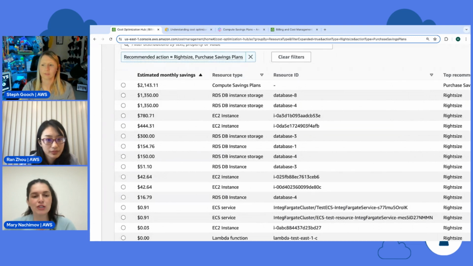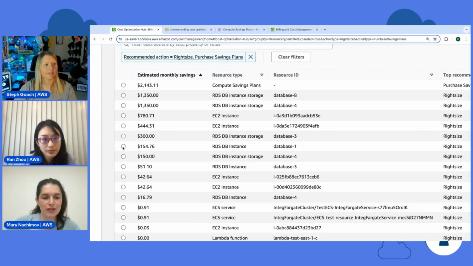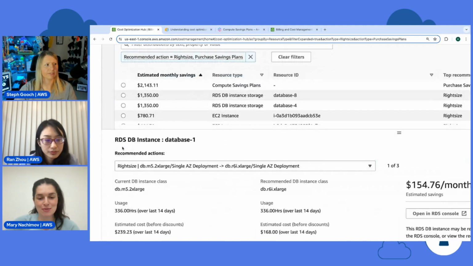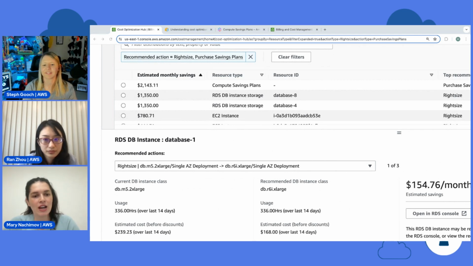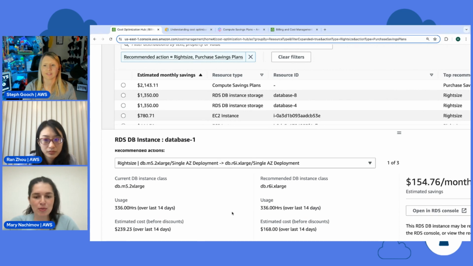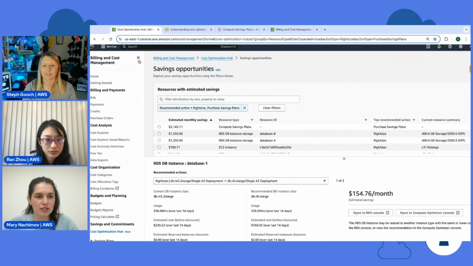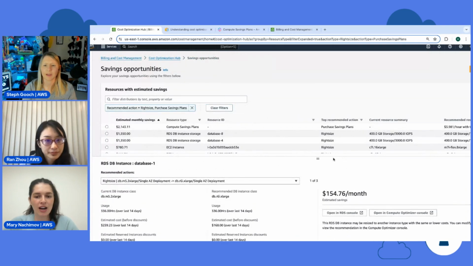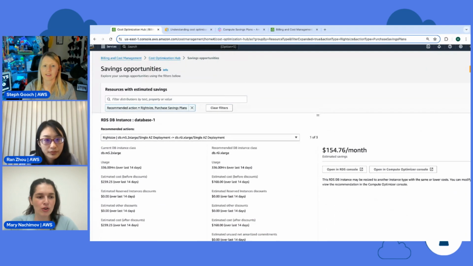In the optimization journey, you usually don't take all the recommendations at once. You start digging into an instance type or a recommendation type. And in this case, we want to show off the new recommendation that Jimmy from our team released at FinOpsX really recently. And here they are already in the Cost Optimization Hub. I clicked on database 1. Let me zoom out a little bit so we can see the whole recommendation. And here I can really focus on that database.